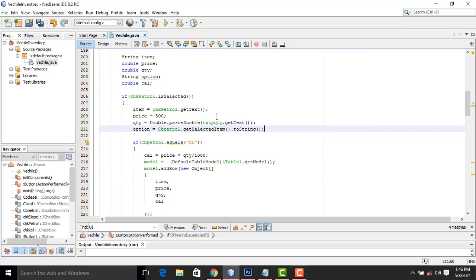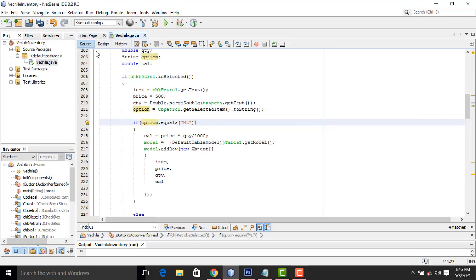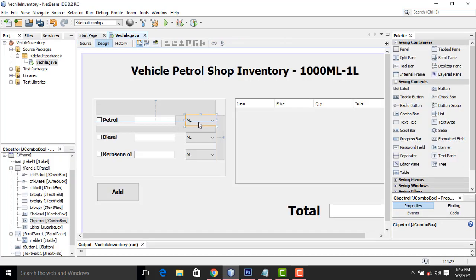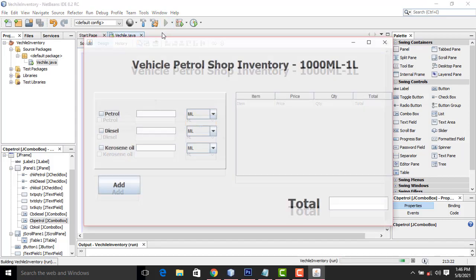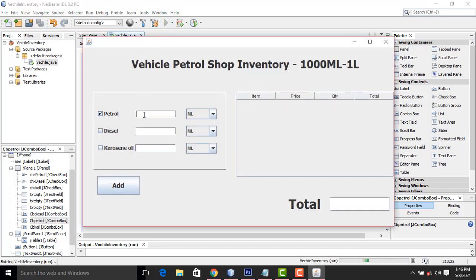It will be converted and passed into option. Whatever option we select is what we pass here, then it will be validated whether the user selected milliliter or liter. Now let's test whether it's working fine. 2 liter.